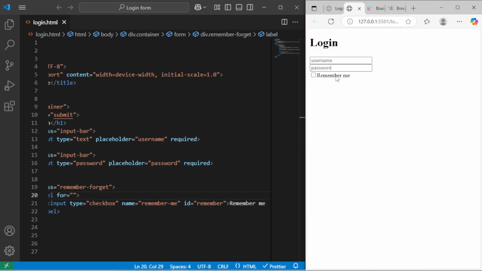When I click on this, it doesn't check the box anymore. You have to click inside the box for it to get checked. Okay, so that's just the difference. Let's put that back. Okay, so the next thing we're going to do is to create a link just below